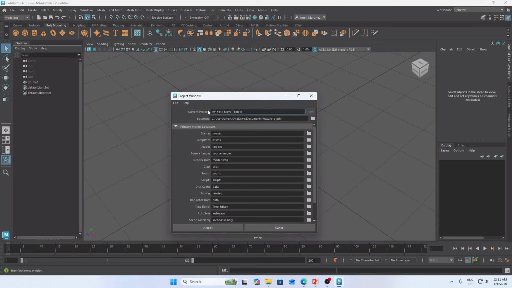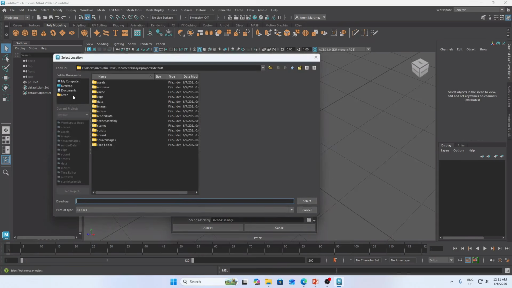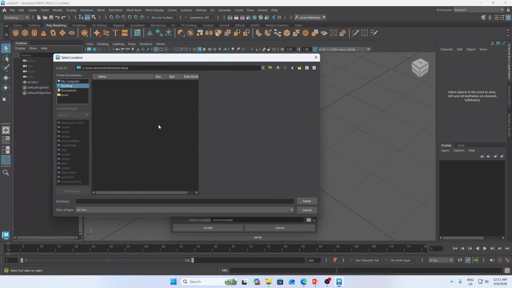Okay, and choose where you want to save it by clicking the folder icon next to Location. In my case, it is saved on the OneDrive, but I want to change the location to, let's say, Desktop, and select.